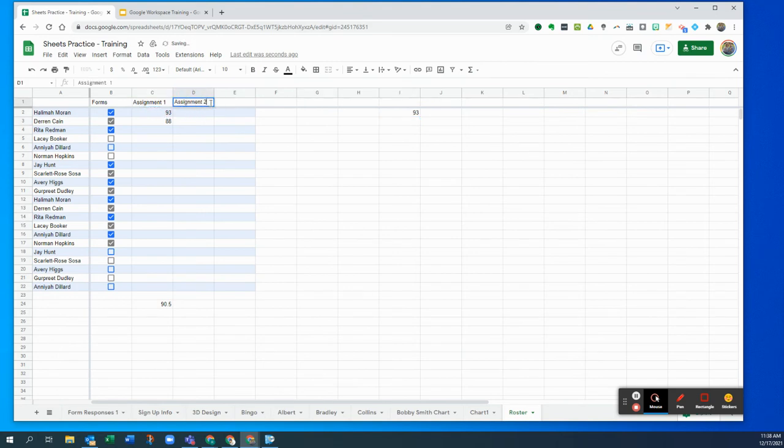This is assignment 2 now, and say the student got a 95. The average is going to compute there. So I can average by assignment. I can average by student, whatever it may be. I can make my own grade book. I can make a project plan. I can make a